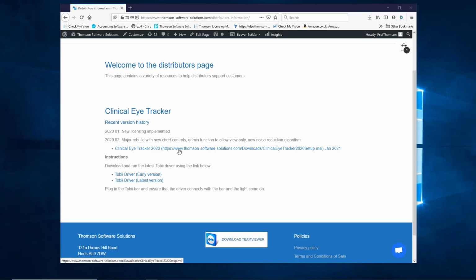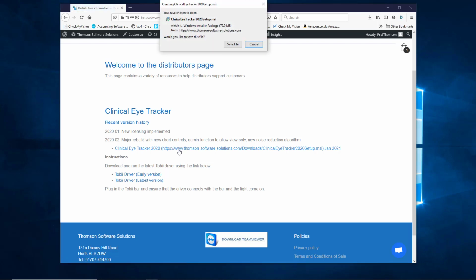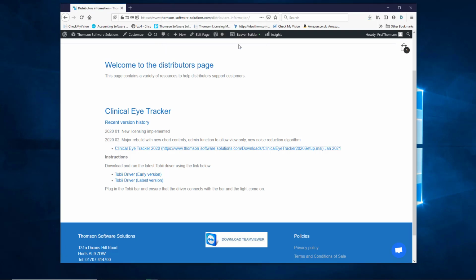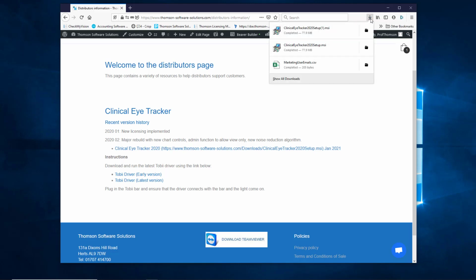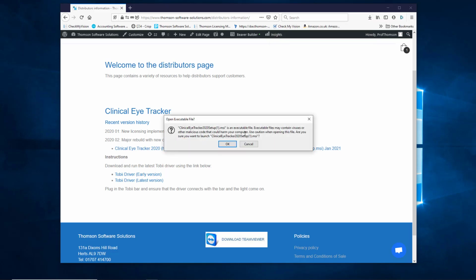So I'm going to show you now how to install the clinical eye tracker. You just click on the clinical eye tracker link here, click on save file. I'm using Firefox, so it downloads that file at the top of the screen here, and then you just run that file,